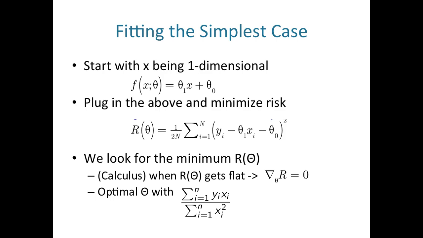In order to fit, let's take the simplest case. We begin with the simplest linear regression, which is just the regression that depends on one unique variable. We have the x variable, and then we have theta 0 and theta 1, the intercept and the slope. What we want to do is minimize the loss, or the empirical risk. So we sum the differences between the actual y values and the values from the f of x function. In the second function there, R of theta, what you see is the empirical risk,